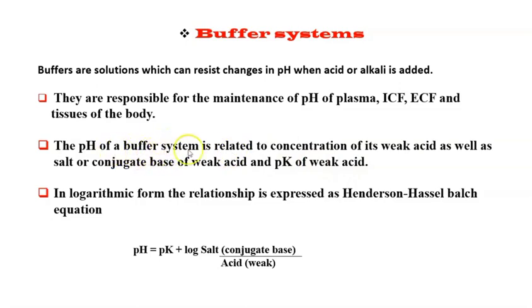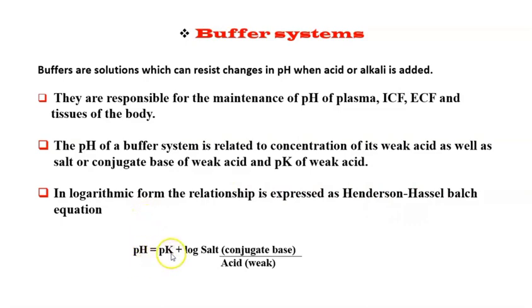This means the buffer system is made up of a buffer solution, and this solution has a pH because it is made up of a weak acid and its conjugate base, the salt. This pH depends on the concentration of the weak acid and the conjugate base, and this can be expressed using the Henderson-Hasselbalch equation, which says that pH